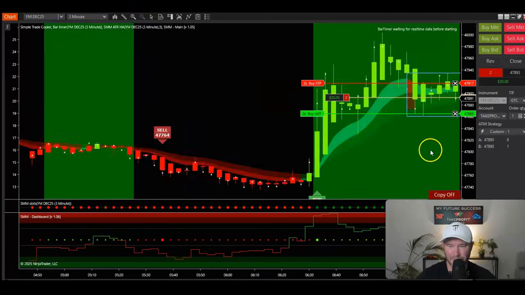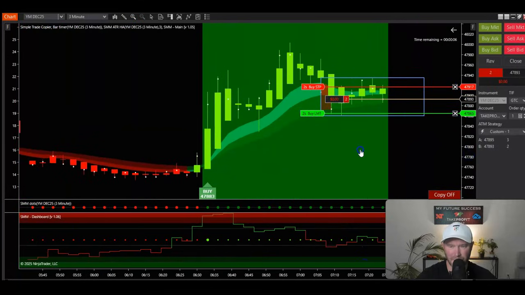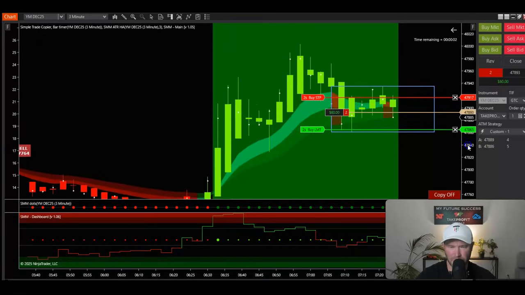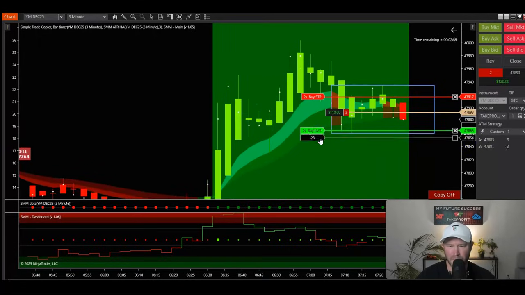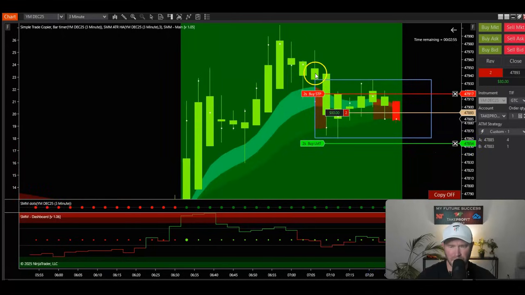Let's go to the 3. Again, you're seeing me kind of switch in between the 1 and the 3 to kind of get a bigger or less picture of it. This is that nice candle that can push lower. I'm going to be moving this down. There we go. There's 100. There's 200. In a moment, once I see that physical gap, I'm going to be moving this to break even. I want to see this come down a little bit further.